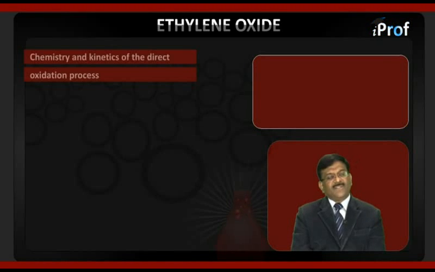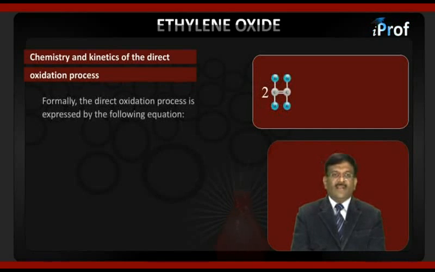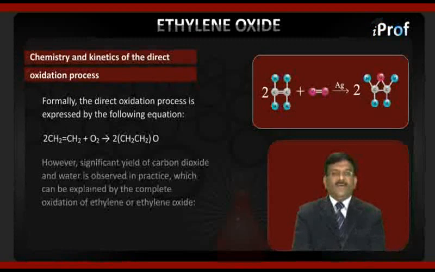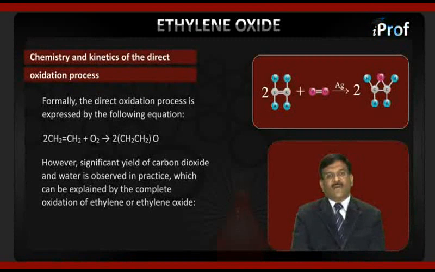Next, the chemistry and kinetics of the direct oxidation process. Formally, the direct oxidation process is expressed as CH2=CH2 + O2 in the presence of silver (Ag) gives CH2CH2O. However, a significant yield of carbon dioxide and water is observed in practice, which can be explained by the complete oxidation